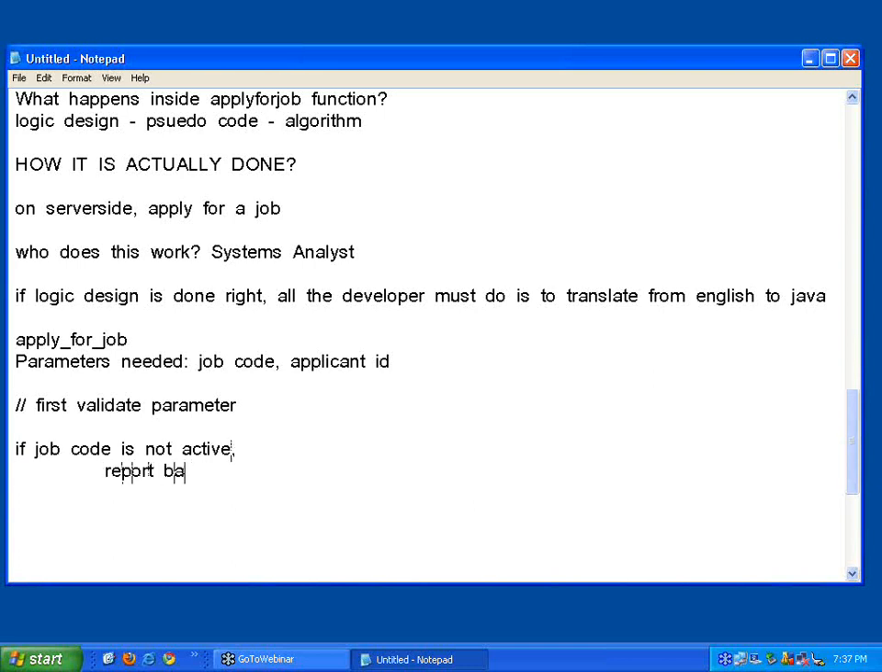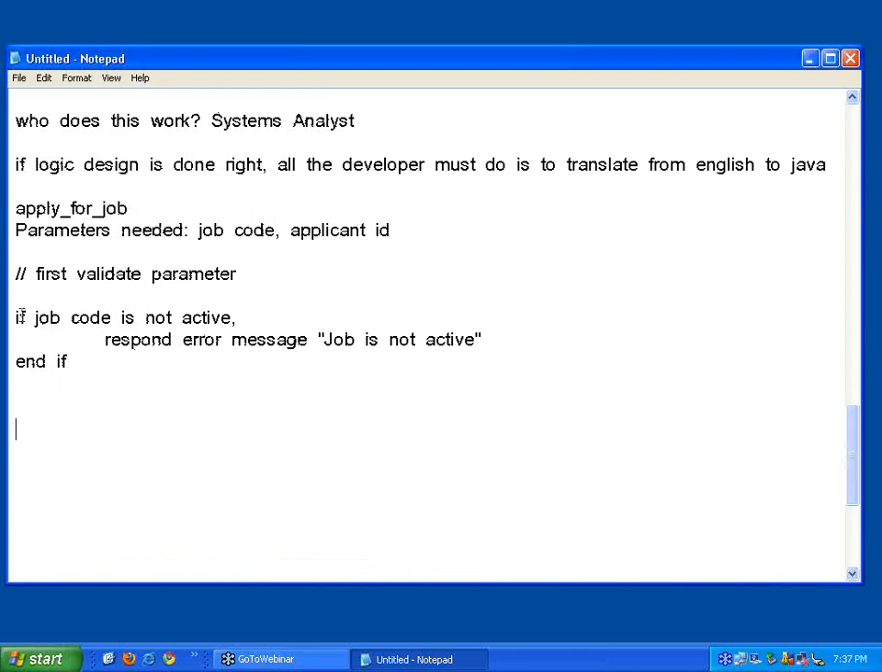Report back or say respond error message, job is not active. Okay, end if. Okay, I am writing in plain English. Okay, though I am using some construct like if, end if, just to note,